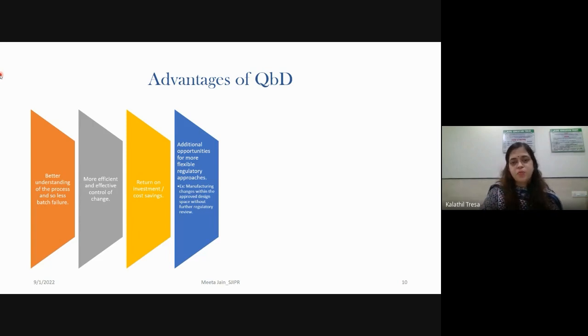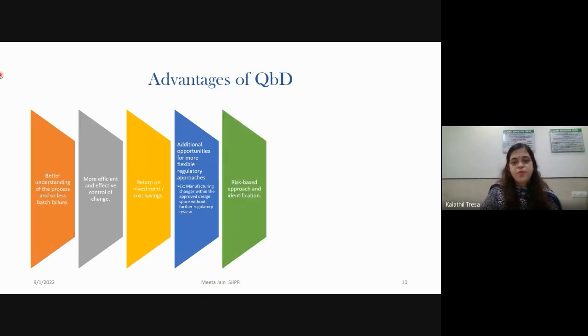So what is design space? It is like a space in your classroom where you can sit for your lectures. Wherever you sit, you will be able to get the same thing which the professor is teaching you. That is an example of design space. Okay, so wherever you move with your variables in your formulation, you will get the same results if you move within that design space.